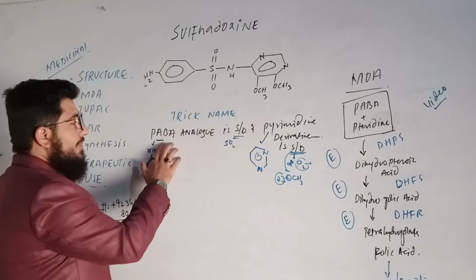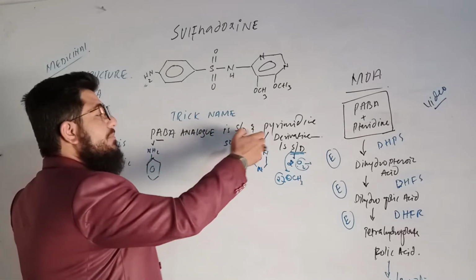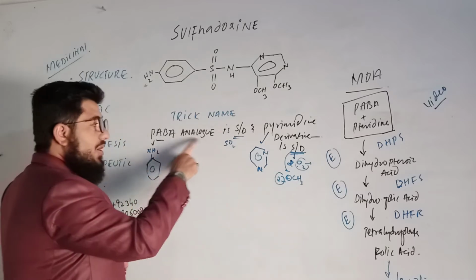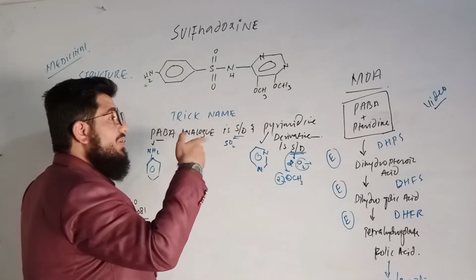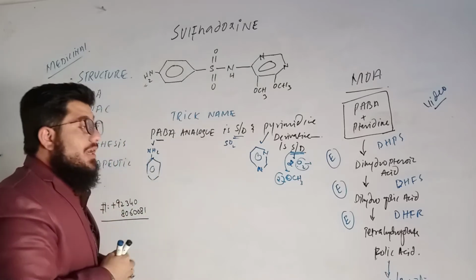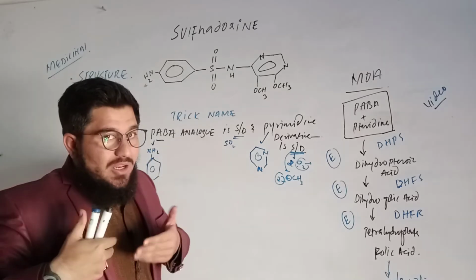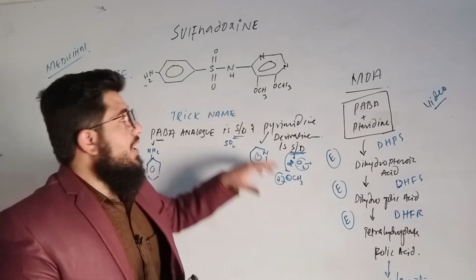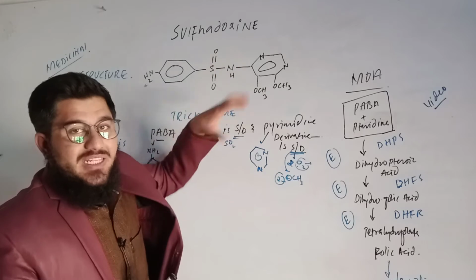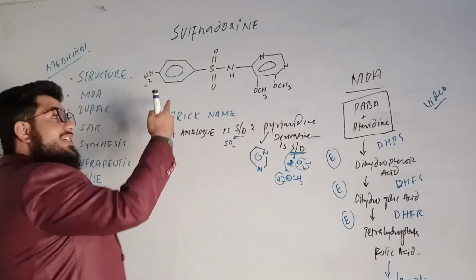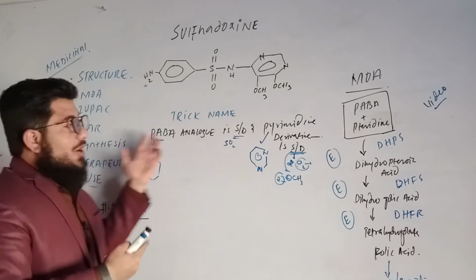I got from the name PABA analog is SD, pyrimidine derivative is SD. PABA analog is SD, meaning PABA analog is actually sulfadoxine, and pyrimidine derivative is sulfadoxine. Actually, this sulfadoxine is a derivative of pyrimidine and it is an analog of PABA, because I got this trick while